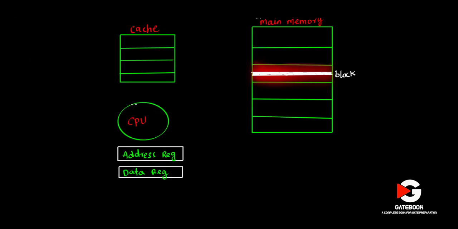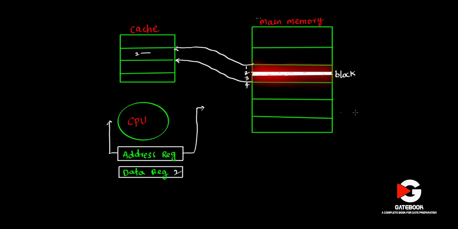Now let's see more details of how exactly it happens. First of all, using this address, we look into the cache. Let's say the data is not available there, then with the same address register, we look into the main memory. So let's say this is the desired block, and this is the desired data. The simple idea is to transfer this block to the desired cache block. Let me assume that we have 4 words in this block: 1, 2, 3, 4. The second one is the desired word. Once it is available, we transfer this word 2 to the data register. So that is the simple idea.